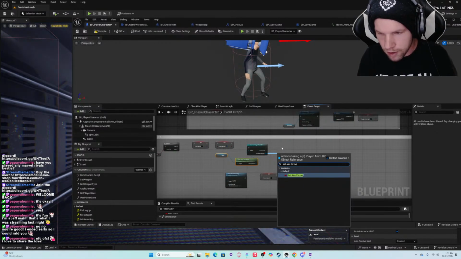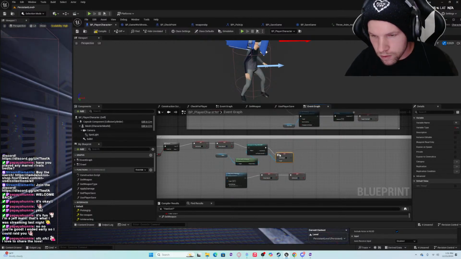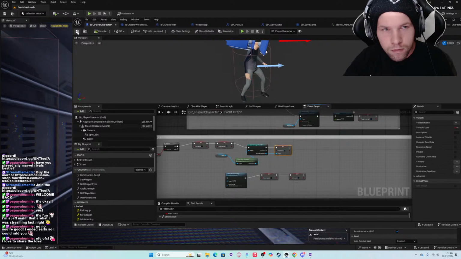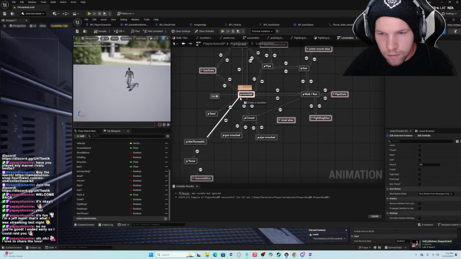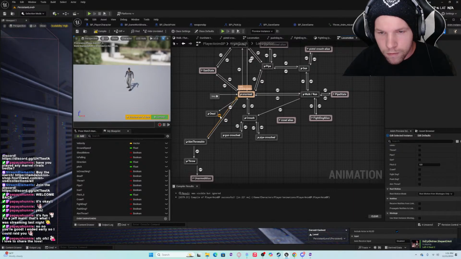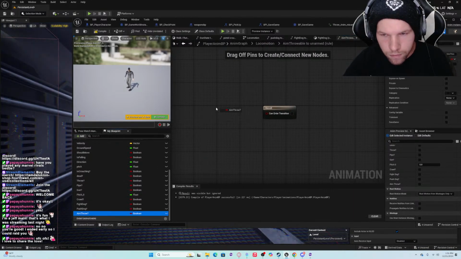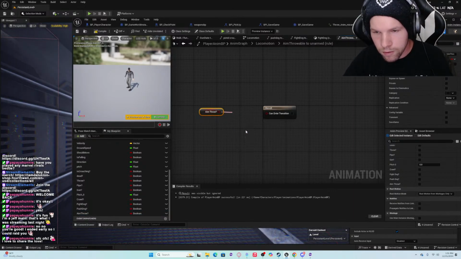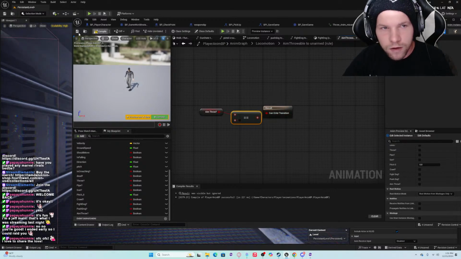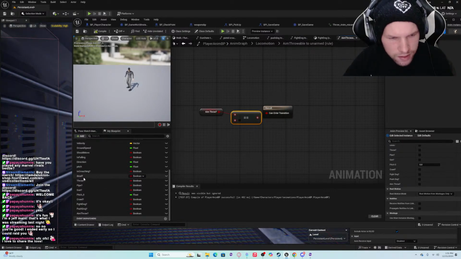Set aim throw to true. And then maybe we do want to set it equal to false. So why would I want to set a variable?